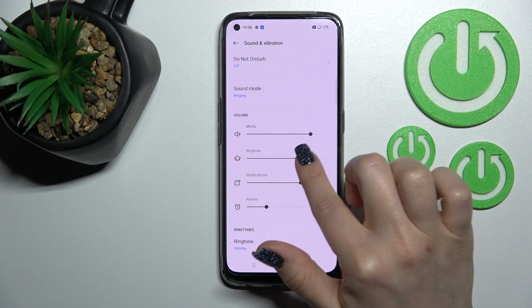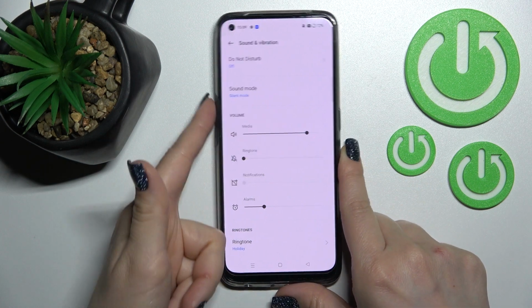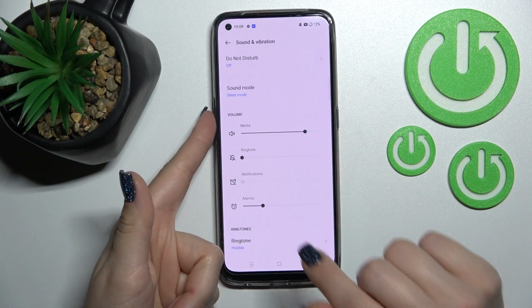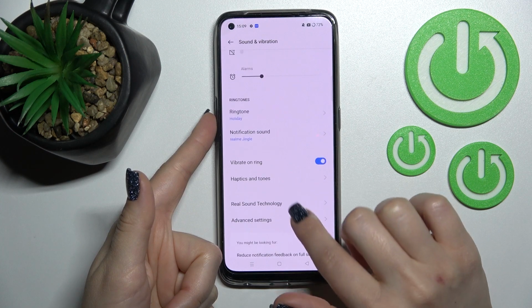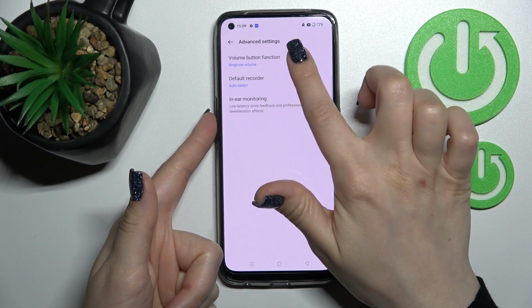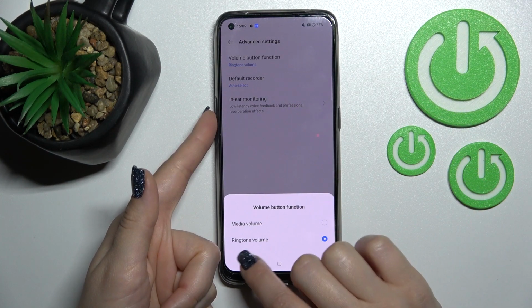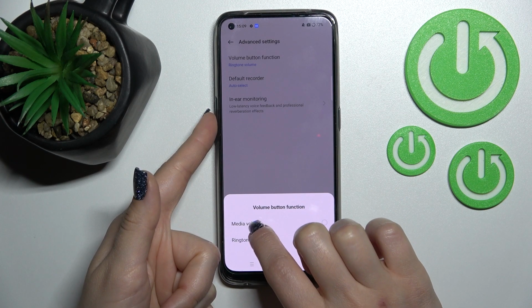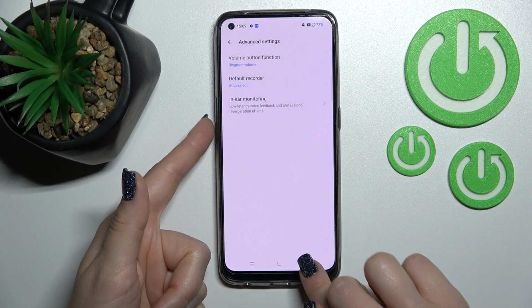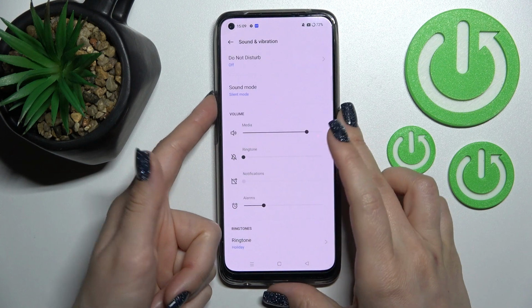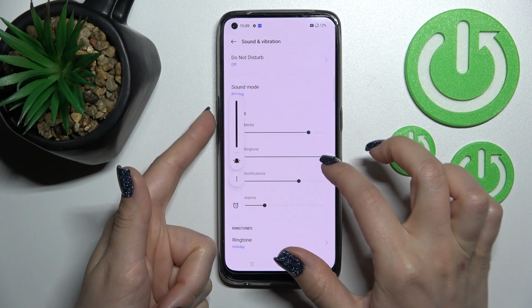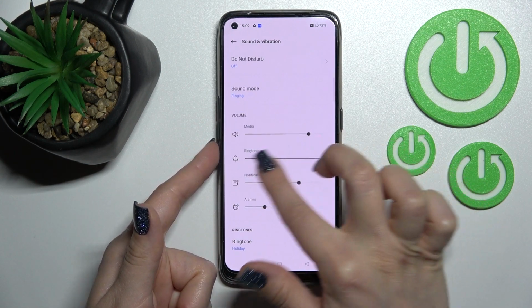Also we have a second way how we can do that, by pressing the up or down volume button, but first be sure that in advanced settings here in volume button function we have selected the ringtone volume, not media. And now just by pressing the up volume button we can also unmute our device ringtone, and we can do it